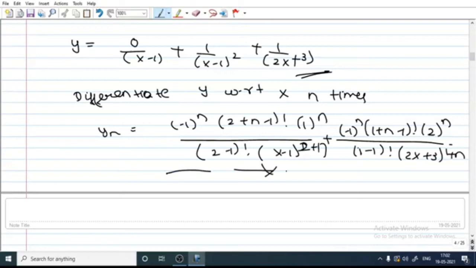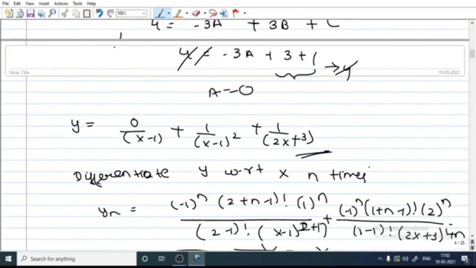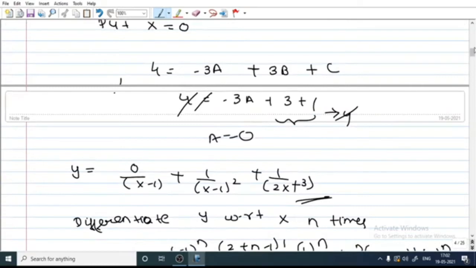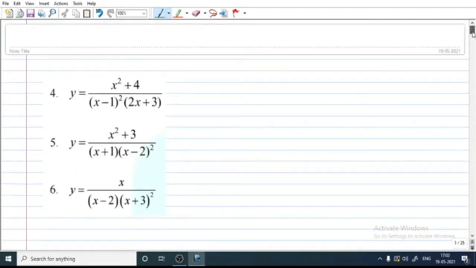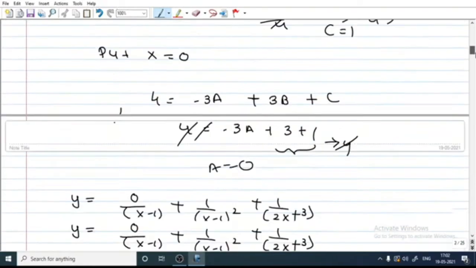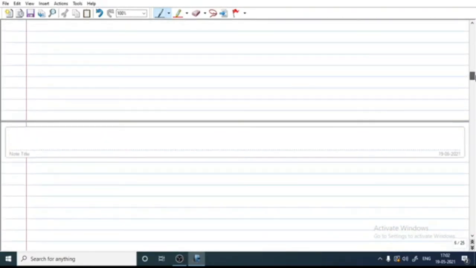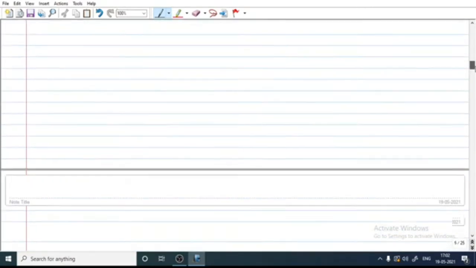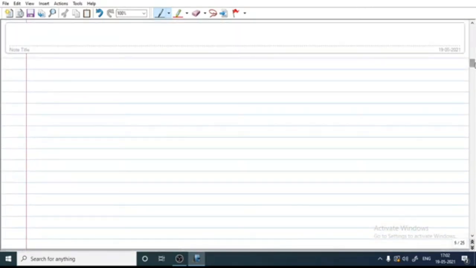Okay, now let's move on to the next problem. The next problem which we are going to take is y equals x square plus 3 into x plus 1 into x minus 2 the whole square. Tell me whether it is a proper or improper rational expression. It is a proper rational expression because the degree of the numerator is 2 and the degree of the denominator is 3, because this gives an x square term and this has x square. When they are multiplied, it will give a cubic term, which makes the denominator greater than the numerator in any case. So first you should know how to recognize whether it is a proper rational expression or not.